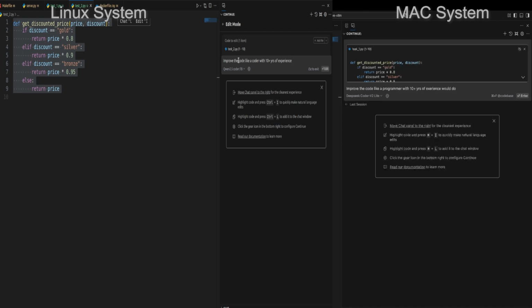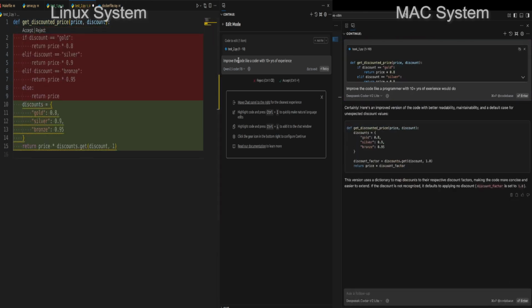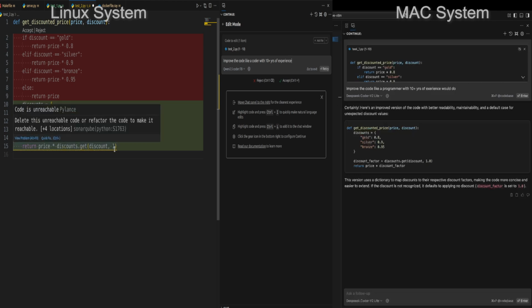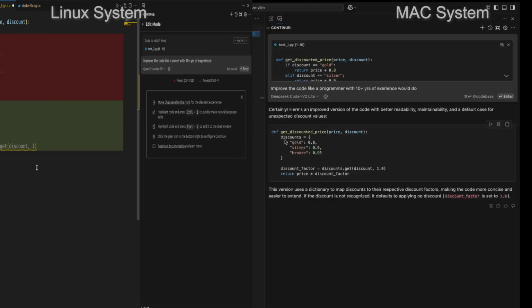Okay, let's hit enter and see which one gives the better answer. So Qwen has created a dictionary and then the discounted price is returned using discounts.get, otherwise one. Hmm, yeah, okay, that is a good solution. And let's see the DeepSeek. The DeepSeek has also done